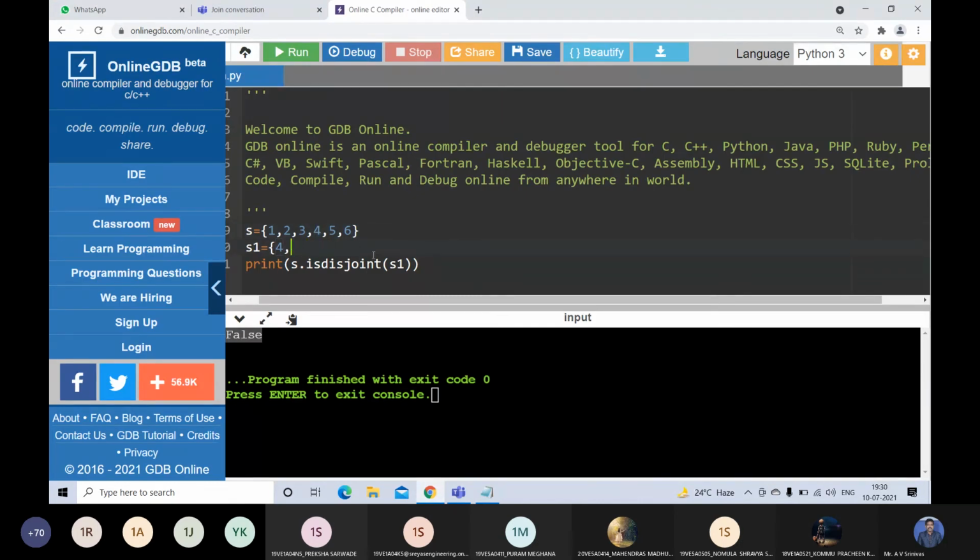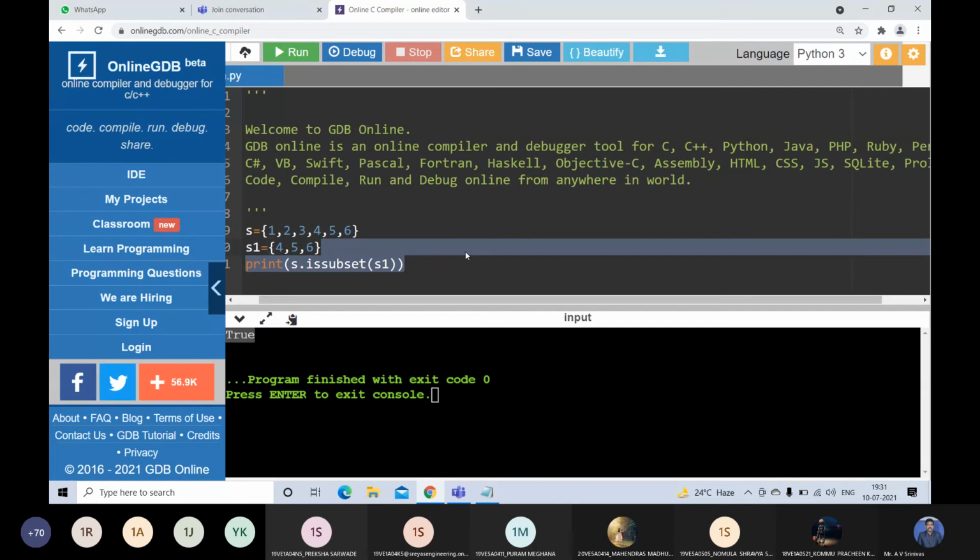Here let me take S1 as 4, 5, 6. Now if I write S.issuperset(S1), we will get true because all the elements of S1, 4, 5, 6, are present in S. Suppose if you write S.issubset(S1), what will we get?